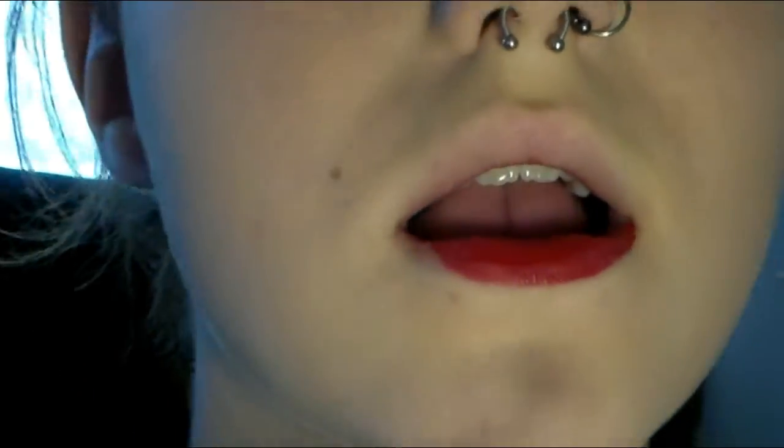There's a shadow. Okay. Sorry you guys can't see what exactly I'm doing here, but you have to apply this in 3 thin layers in one direction. There we go. We can see a little bit better now. If you guys want a full tutorial on how to put this stuff on, let me know in the